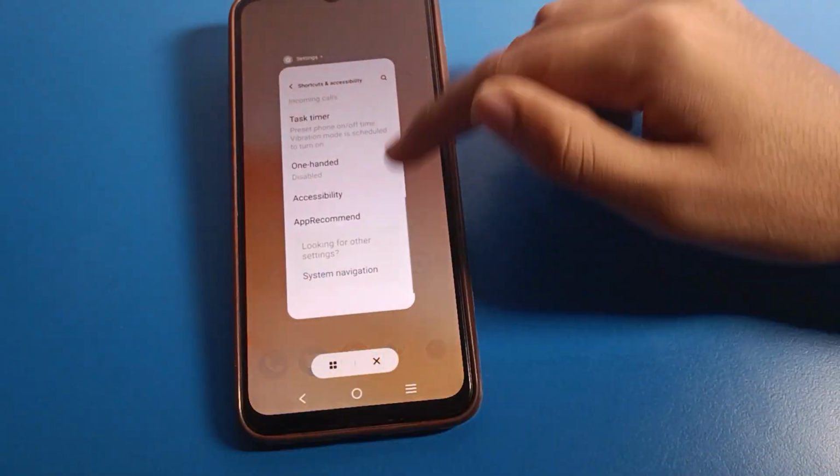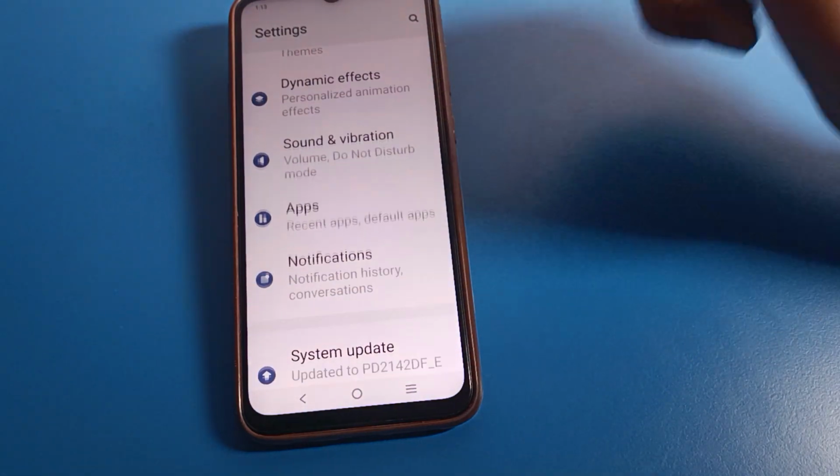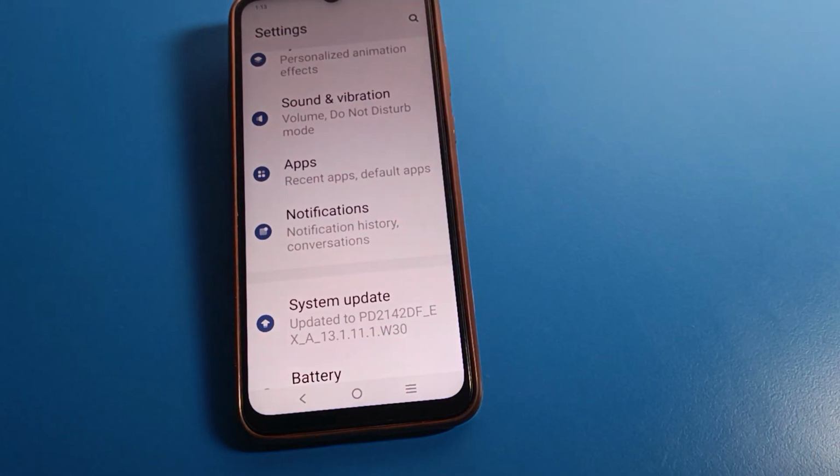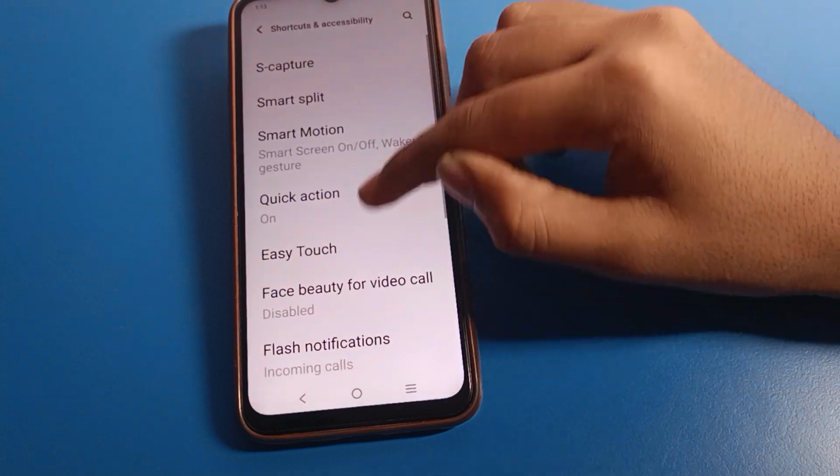And friends, now you can use your phone with one tap. So like that, friends, we can solve the double tap to activate problem on vivo mobile. And friends, if you want to solve your double tap to activate problem with shortcut setting,